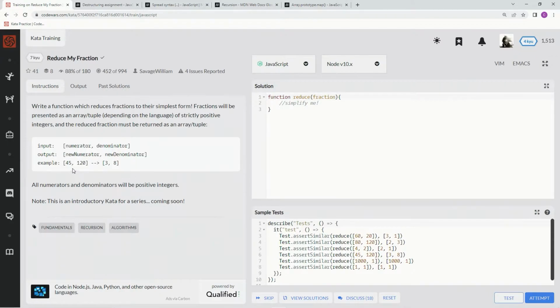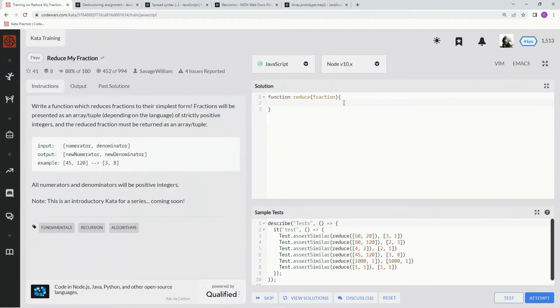array as well, right? So we're going to get a numerator and a denominator, and we're just going to reduce it down and put it in a new array, right? All numerators and denominators will be positive integers. Okay, cool. So what we're going to do here